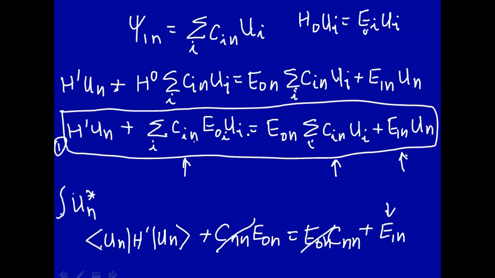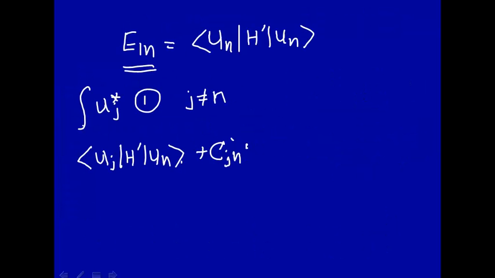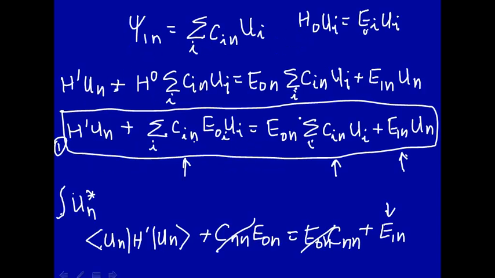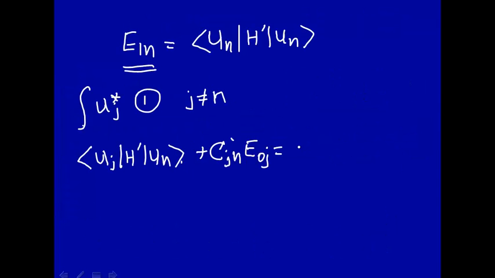times E_0i, where i is equal to j. So it'll be E_0j. Okay, so we got that term on the right-hand side. Let's do it on the left-hand side. So we're going to multiply both sides by u_j, and then integrate. That's a constant, comes out. The only terms that will come out of here are where i is equal to j. Otherwise, these terms will be 0. So this would be